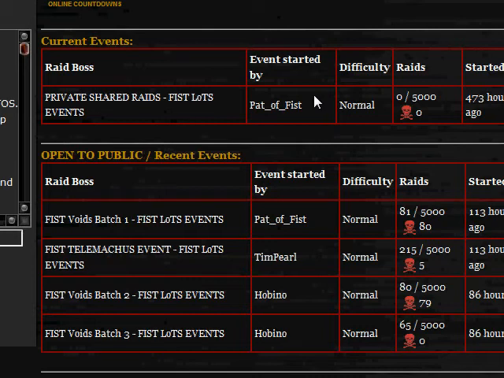If someone submits a void, it's going to go into voids batch 3, and if someone submits a Telemachus of the proper difficulty, it's going to go into their Telemachus event. So basically, it auto sorts the raids and puts them into the newest event in the category that will accept that